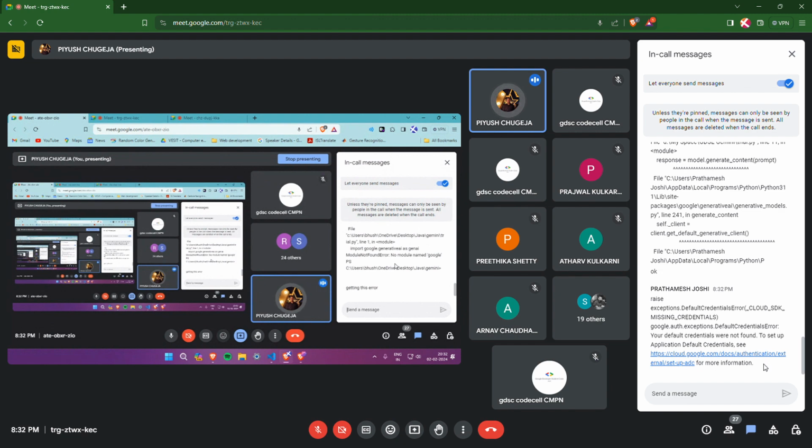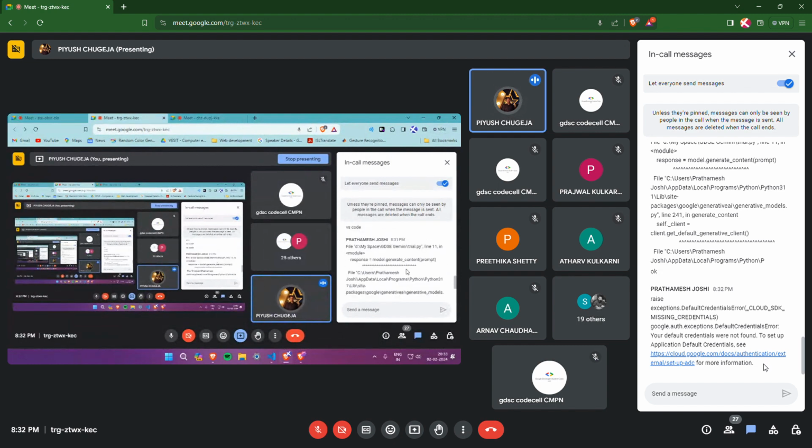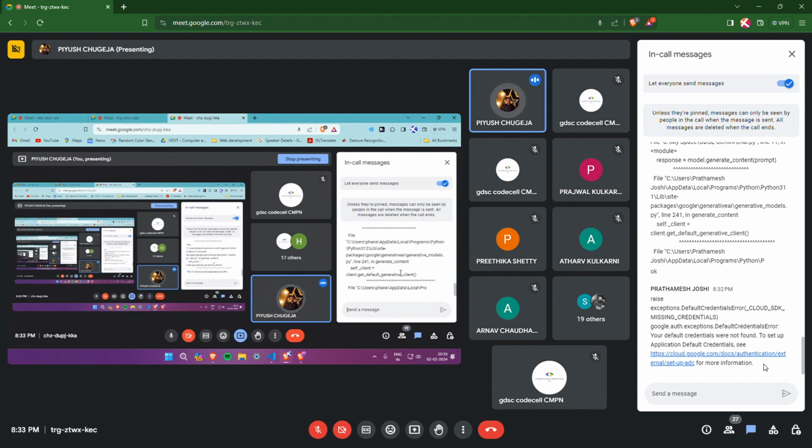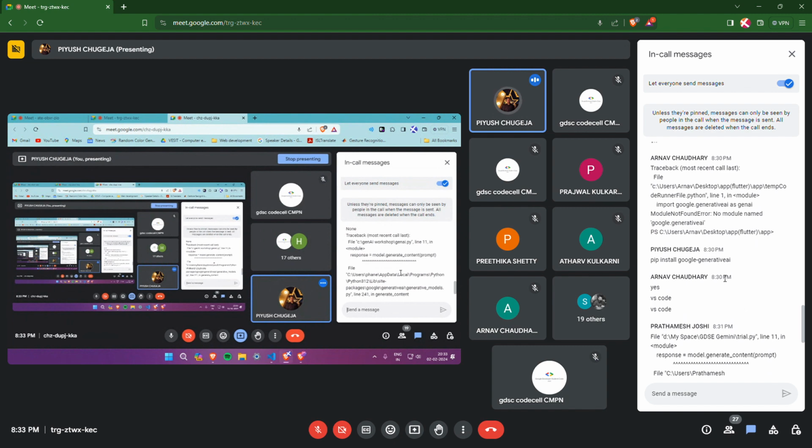So a lot of you are getting the same error. I want all of you to successfully check if you have installed the Google Generative AI library, right? Because this may be the issue that it has not been installed, that's why it is not being found.